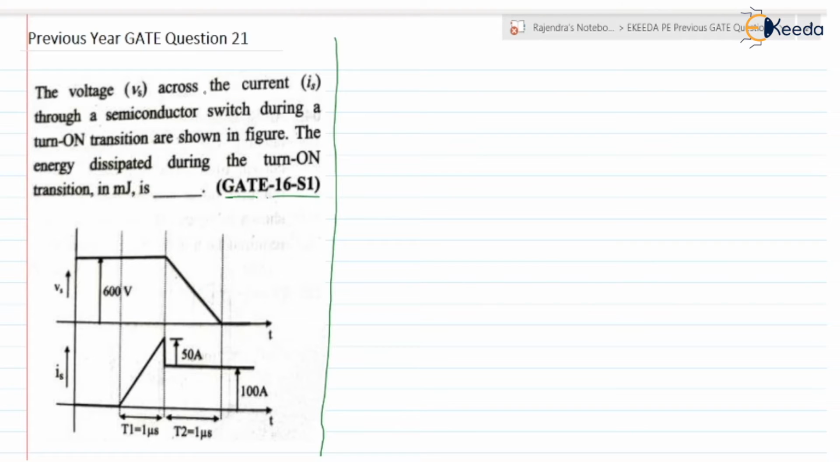The voltage Vs across and the current Is through a semiconductor switch during the turn on transition are shown in the figure. The voltage across and the current flowing through the switch are given. The energy dissipated during the turn on transition in millijoule is... So our task is to find